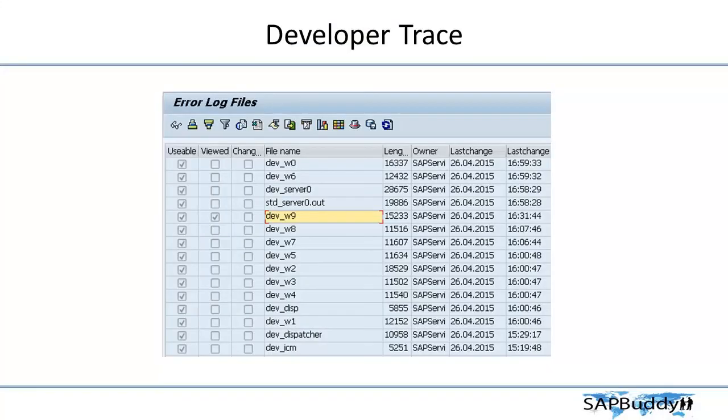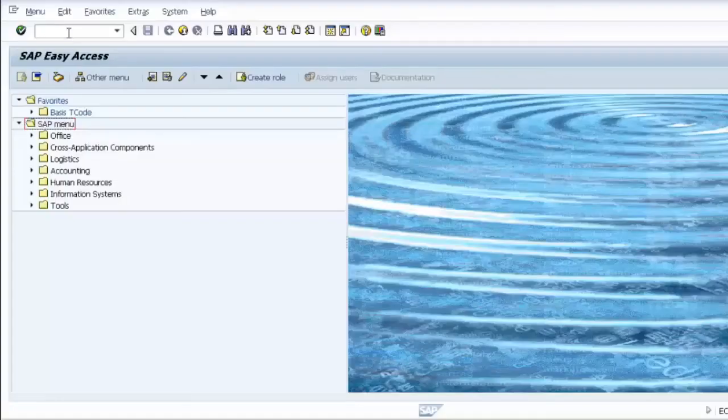Next one is the developer trace. This we already saw in our previous session. How does the developer trace work? This is activated using SM50, which we already know, and this is saved at the operating system level, and we can also view it from SAP itself. So we know how to check at the operating system level, but let's see how we can view this in SAP. If you go to transaction code ST11,